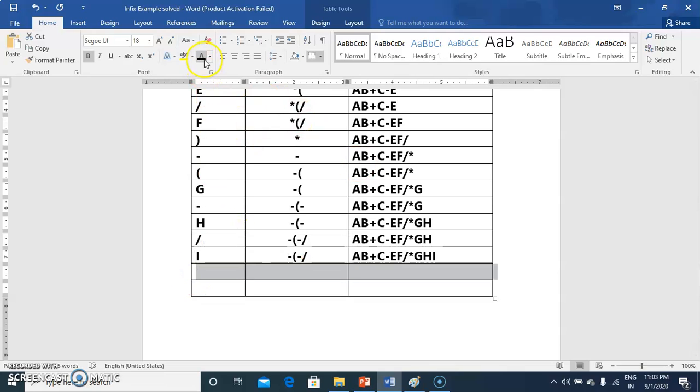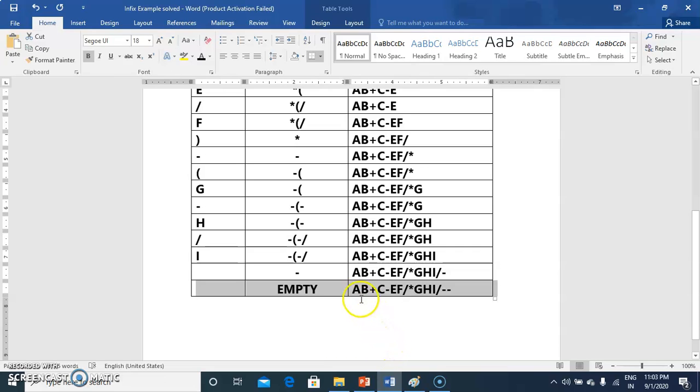After I, closing bracket is coming. So as the closing bracket appears, you need to pop the contents of your stack. Division operator is popped first, then minus sign is popped. Now only one minus sign is remaining on the stack. Opening and closing brackets are ignored, and then that remaining minus sign will also be popped, as here your expression has ended.